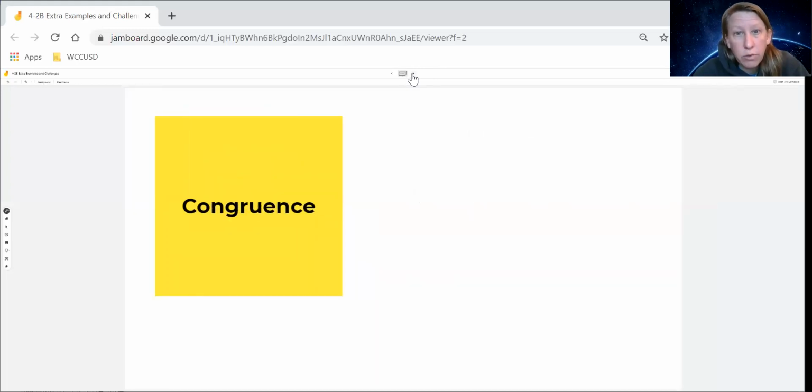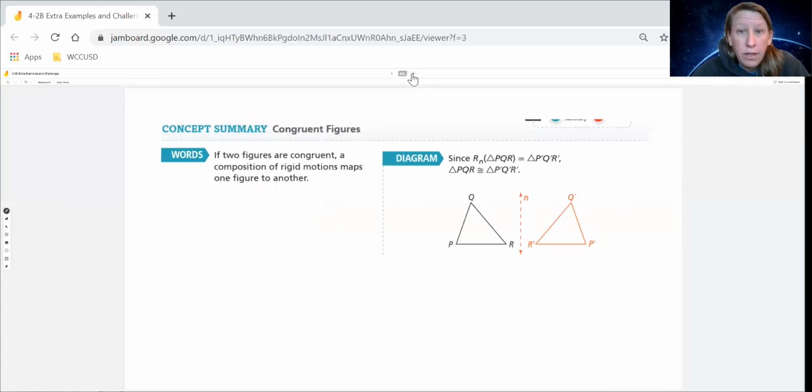Our first topic was congruence, and we were talking, like I said, about showing that shapes were congruent through a composition of rigid motions. And we saw that if two figures are congruent, there is a composition of rigid motions that maps one onto the other. So we could show that triangle PQR is in fact congruent to triangle P prime Q prime R prime because of a reflection over the line N. Remember, capital R stood for reflection. So here's a math problem